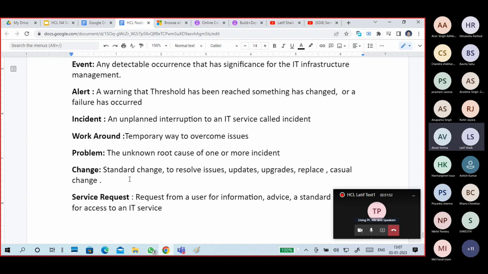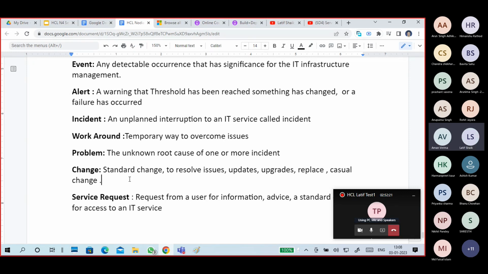I change my processor. For example, earlier I used an i5 processor, now it is i7. Upgradation, right? You have a Windows 10 operating system, you upgrade to Windows 11. That is also a change. Sometimes we do changes for better performance, better outcome, better services.